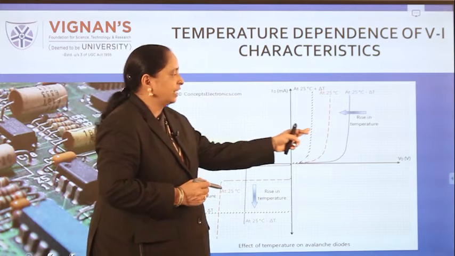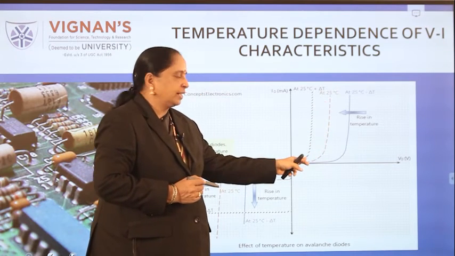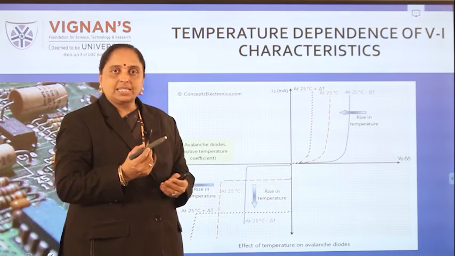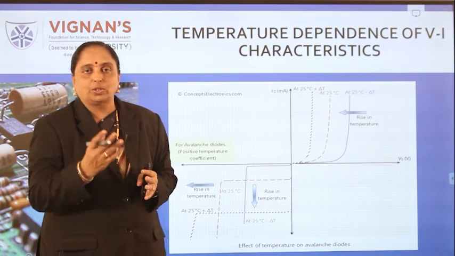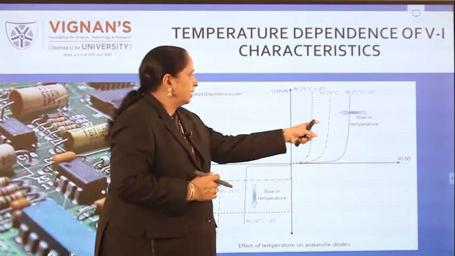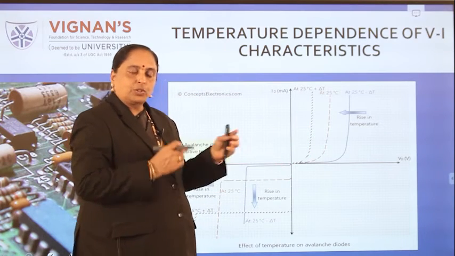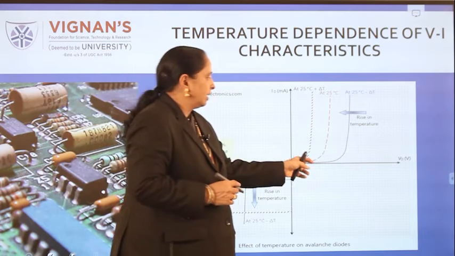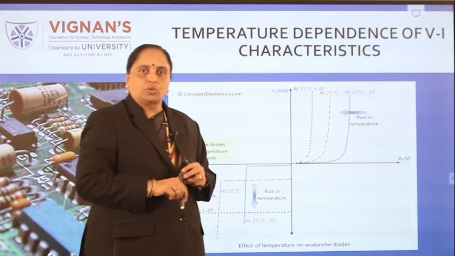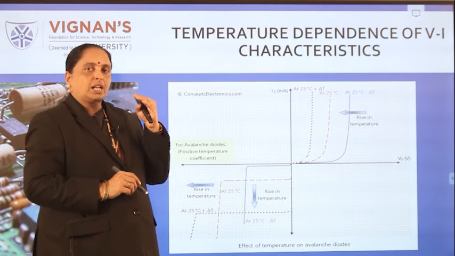Here we have seen different temperature variations also. At room temperature, this is the current. When the temperature increases, semiconductor devices are strongly temperature dependent, so they conduct early, so that the conducting current is like this. And if you reduce the temperature below room temperature, then it will take more voltage for real conduction. Now let us concentrate on what is I naught.